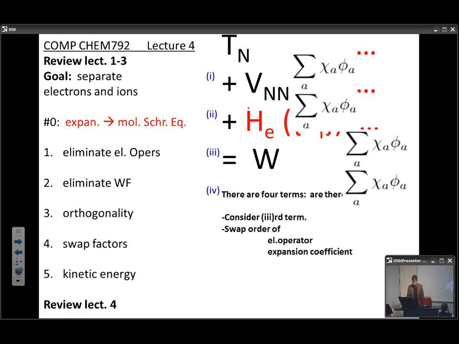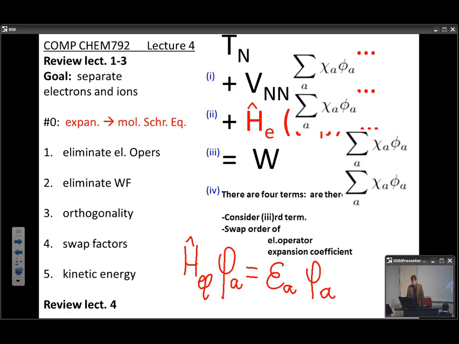If you look at this term that has the electronic operator, we can recall that acting by this operator, which you were describing as a pseudo-electronic or fake electronic operator because it has some parametric dependence on the position of ions, onto the electronic wave function, we get some electronic eigenenergy and the wave function